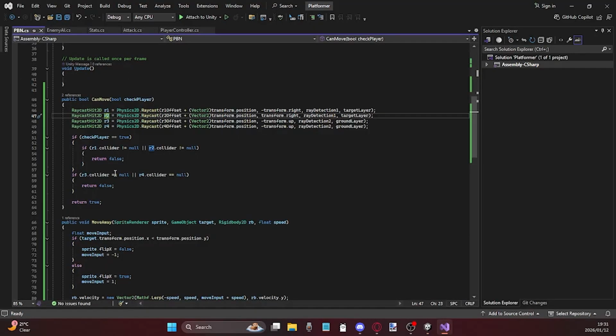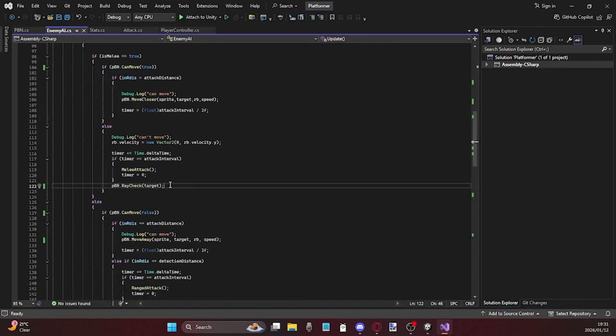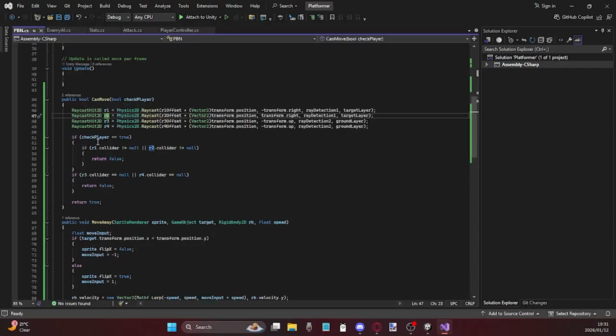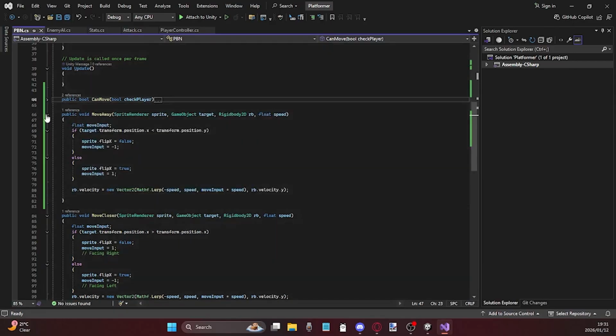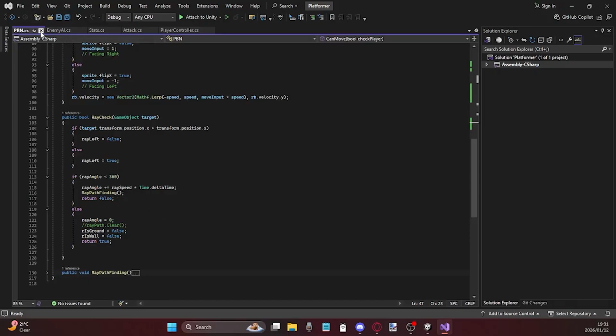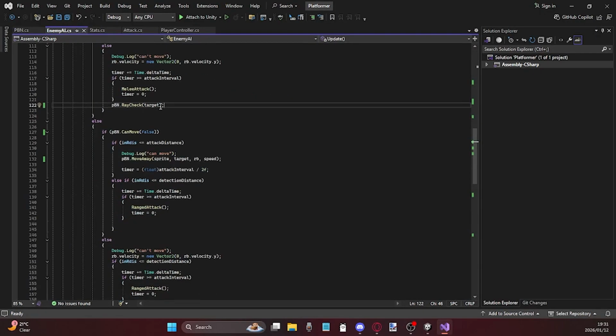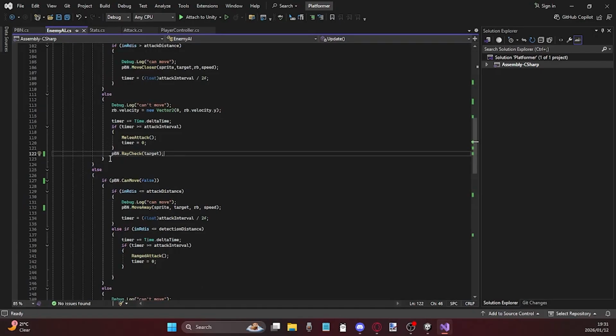But we are now running into a problem where it's continuously running this, and I'm not doing anything with that information. So let's collapse this one. Let's collapse this one. Ray check's a bool. Now, I am supposed to pass certain things here. Because here it's just running ray check, which is fine, but what I actually want to do is